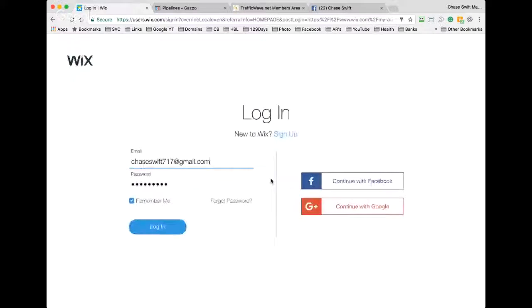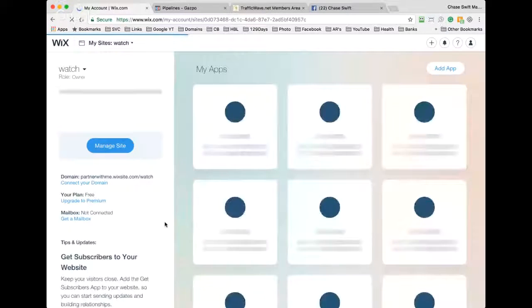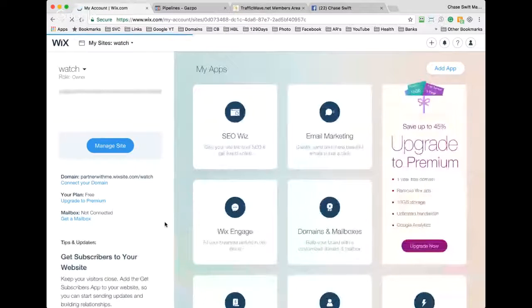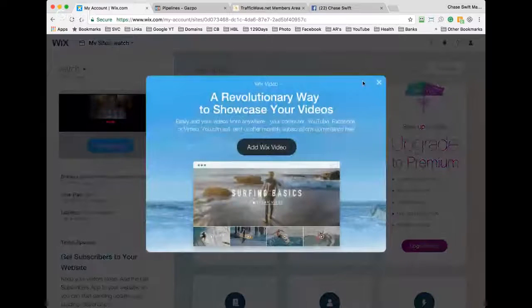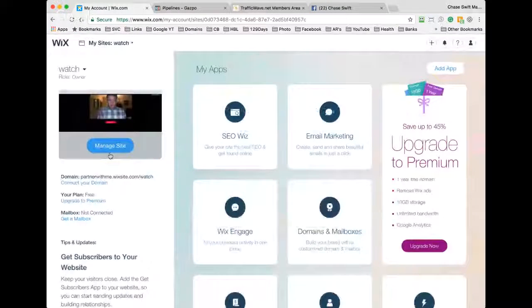I already have that, one of my websites or web addresses. Maybe I'll just log in. But if you don't have one, you just create either a login with Facebook or a login with Google, like your email. Okay, I'm going to go ahead and log in. It's been a while since I've been here, but I thought I would do this helpful video. I have a lot of sites already done, and what I want to do is go to